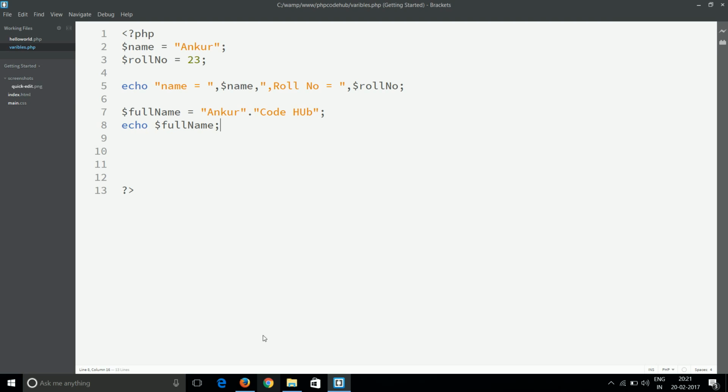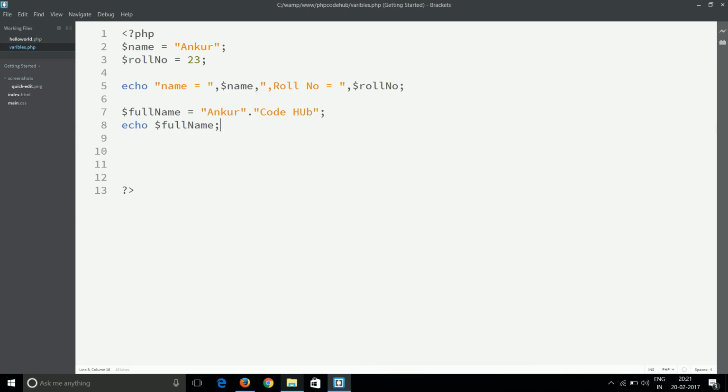Now let's try this one out. You can see that Ankur CodeHub, so it is completely printing the variable.